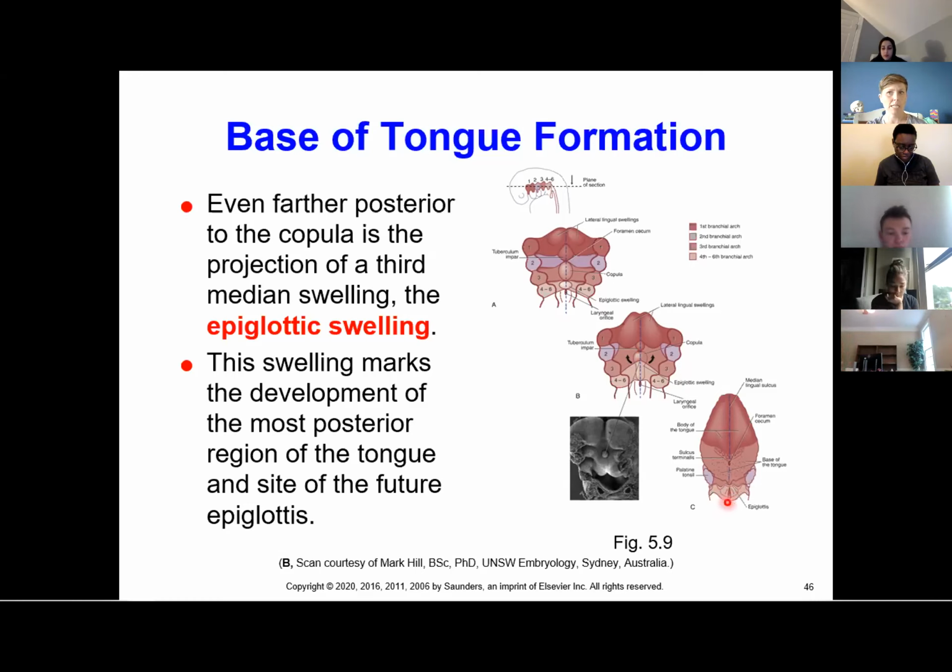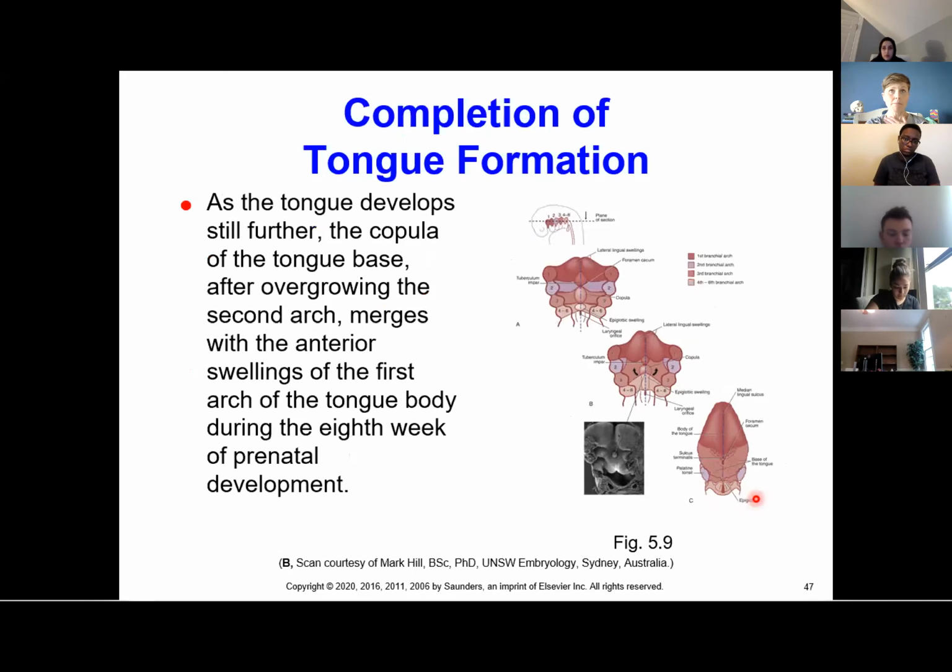And here it is right here. So it's all one structure, that base of the tongue. All right, so the completion of tongue formation. As the tongue develops still further, the copula of the base of the tongue, after overgrowing the second arch, merges with the anterior swelling of the first arch to form the complete body of the tongue, both the anterior portion